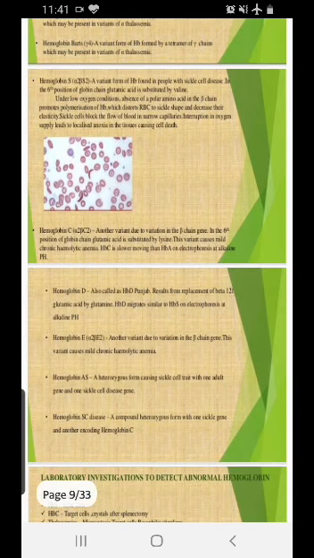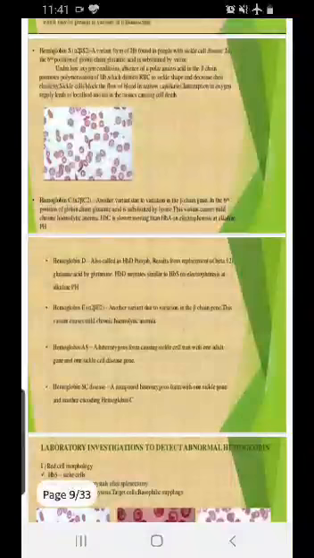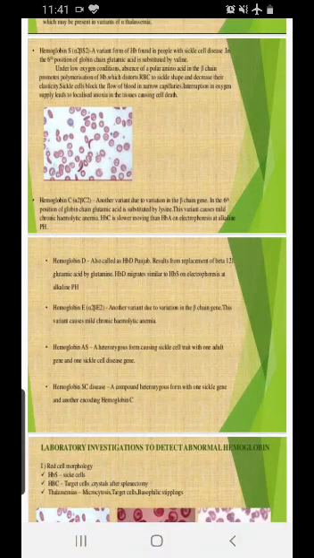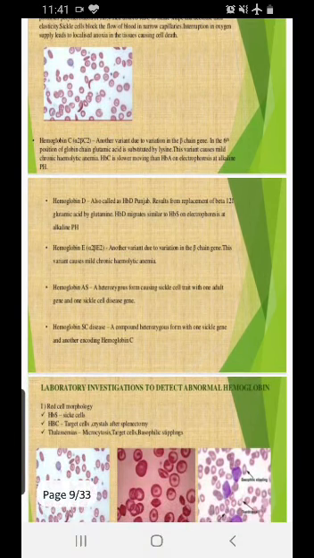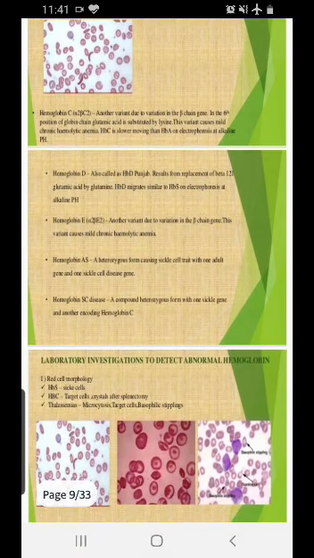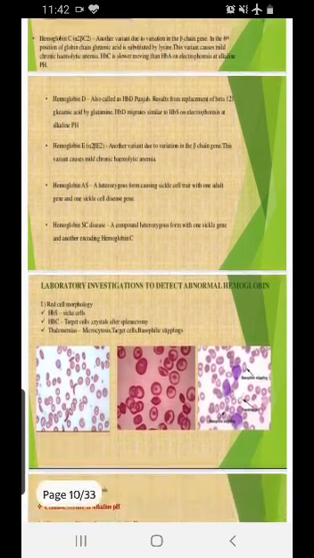Hemoglobin C is another variation in which the glutamic acid is replaced by lysine. Now remember, in S it is replaced by valine, and in this it is replaced by lysine. So this causes mostly a chronic hemolytic anemia; the acute phase is less common. In hemoglobin D, the glutamic acid is replaced by glutamine. In E, again it is a variation in the beta chain gene, and it causes a chronic hemolytic anemia. So you can have a combination of different hemoglobin variants like hemoglobin A and S, then S and C, sickle cell and C cell diseases.